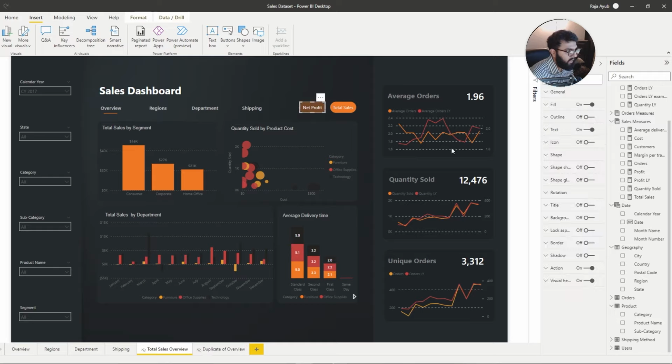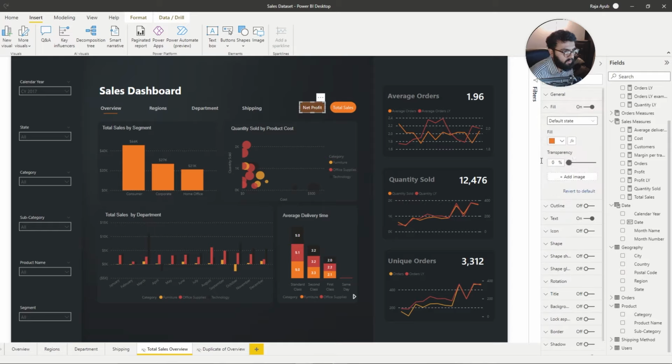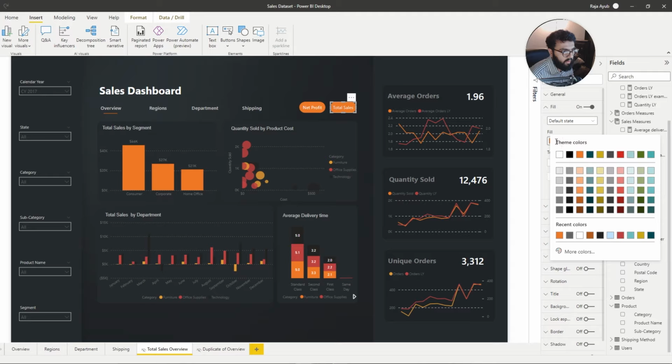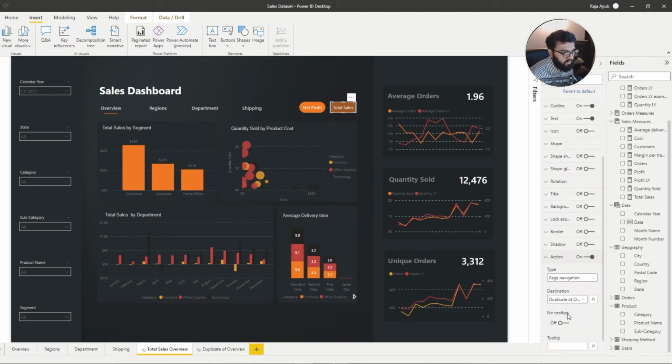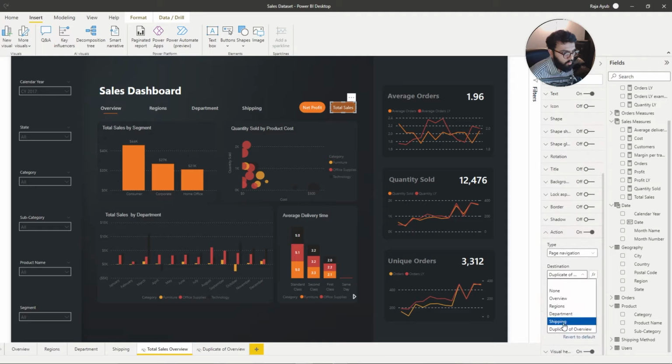Now on this page we have to set the fill state to 0 and then total sales as 51%. And for this button we have to set the action to switch over to duplicate overview. That's what I've called